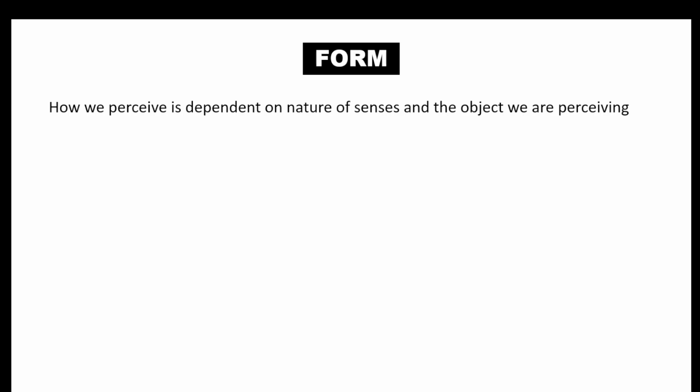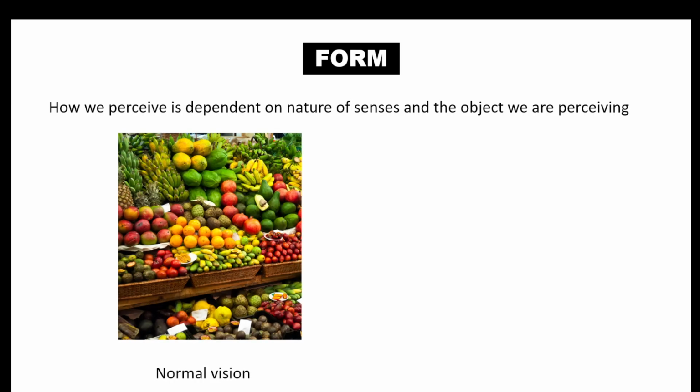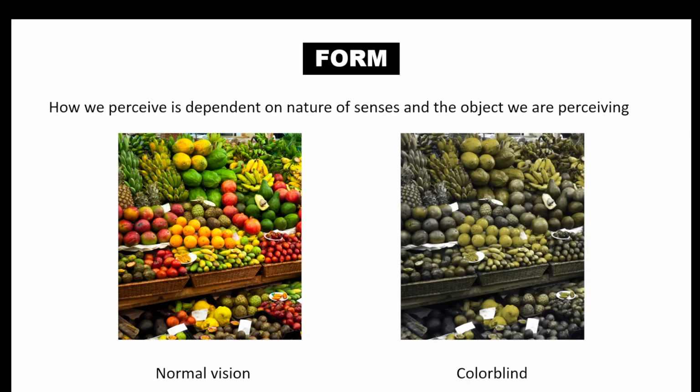So yeah, different people observe reality differently, like a normal vision person or a color blind person, or different animals also perceive reality differently. For a normal vision person, the fruits appear in a colorful manner, different fruits, red, yellow, green. But for a color blind person, it appears like this. They are perceiving the same object, but the form in which it appears, that is the color, is different, and that is determined by the cone cells in their eyes.